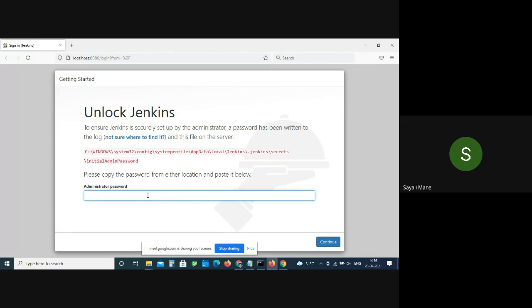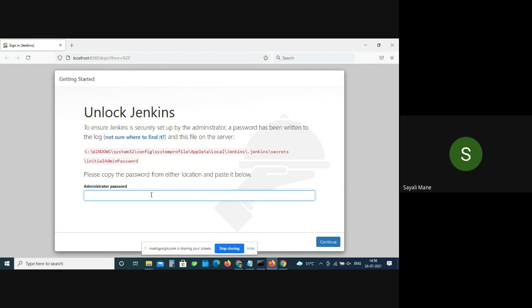Try reloading. Ma'am, our default browser must be Chrome, that's why it is not showing. Okay, so do one thing. Open Microsoft Edge, and here simply type localhost colon 8080 like this.